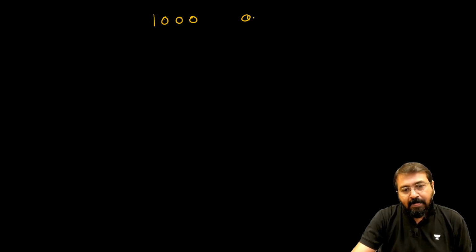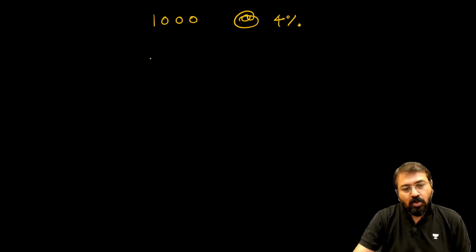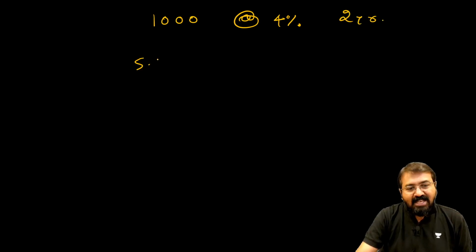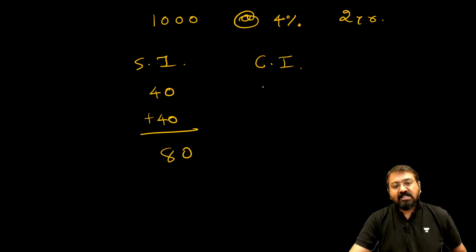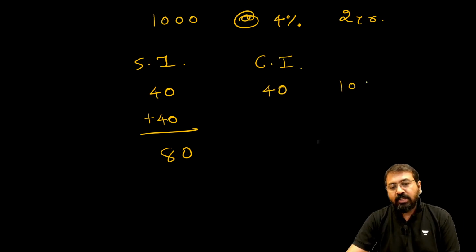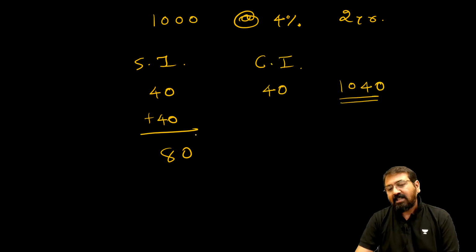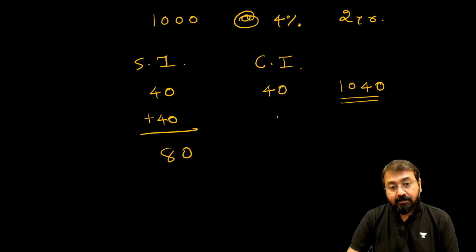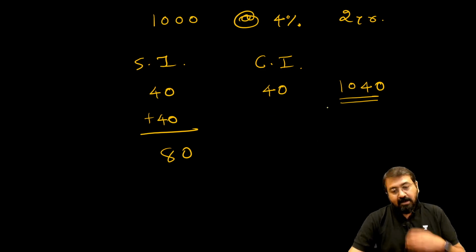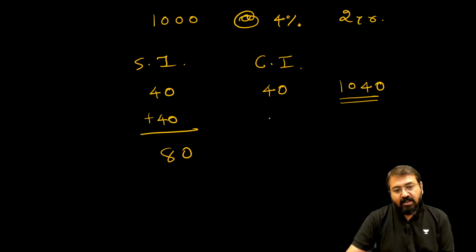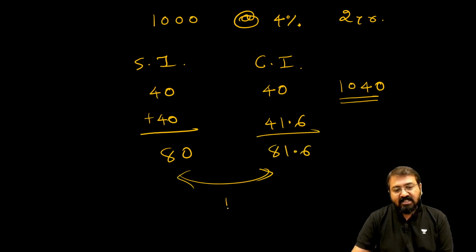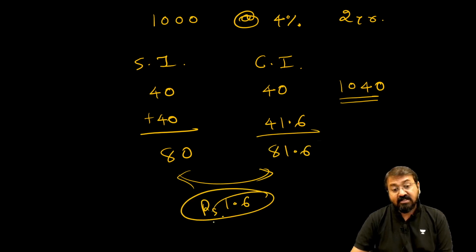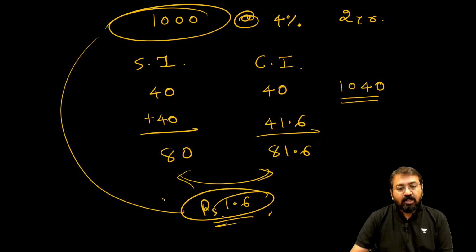देखो अगर मैं 1000 रुपए, ठीक है, at 4% इन्वेस्ट करता हूँ 2 ईयर्स के लिए, अगर एसआई में इन्वेस्ट किया तो फर्स्ट ईयर का इंटरेस्ट कितना आएगा 40 रुपए, दूसरे साल का भी 40 रुपए, टोटल कितना आया 80 रुपए आया। अगर कंपाउंड इंटरेस्ट पे इन्वेस्ट किया तो फर्स्ट ईयर का 40 रुपए, इसको हम जोड़ देंगे 1040। अब इसका 4% कितना आ जाएगा, तो गाइज इसका 4% हो जाएगा 41.6, तो ये आ गया 81.6। तो बेसिकली आपका डिफरेंस कितना आया 1.6 रुपीज का डिफरेंस आया।